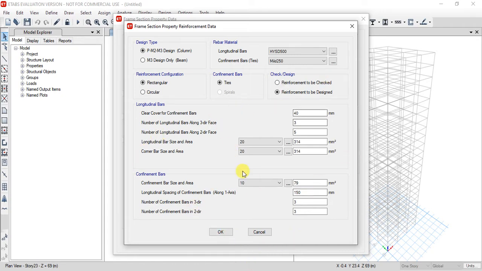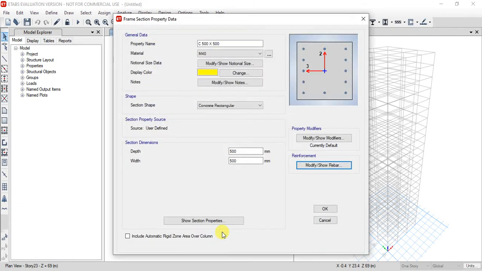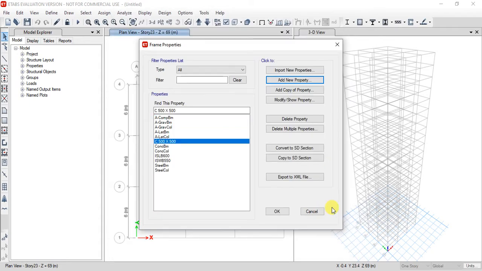Keep other properties as they are. Click OK. Click OK again. Here one column is defined, so we need to define two more columns